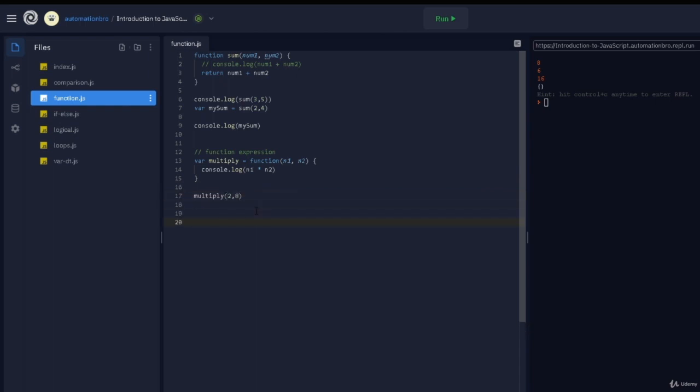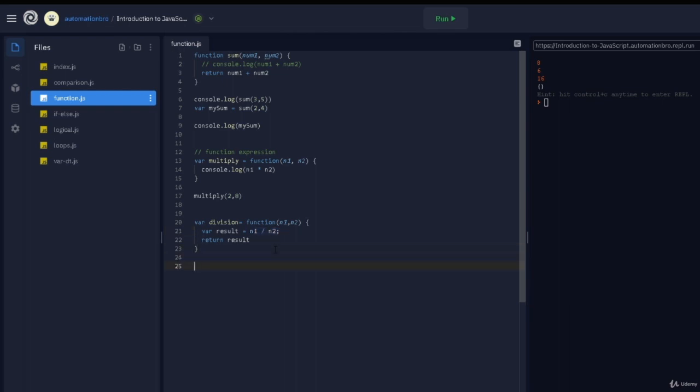So for example, if I create another function similar this way, just the way we did over here, I'm gonna do, let's say, division this time, and then I will do function n1 and n2, and then I'll create a variable here and call this, let's say, result, and then I would do n1 divided by n2, and then I would return the result here. So I created a variable called result, and then I'm returning the result, whatever we are getting when we do n1 divided by n2.